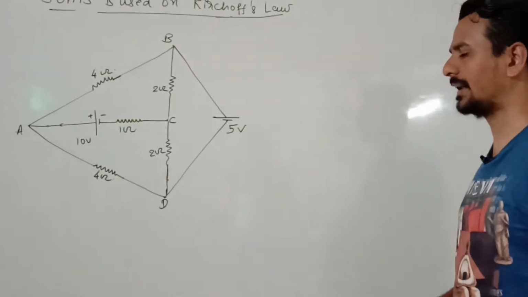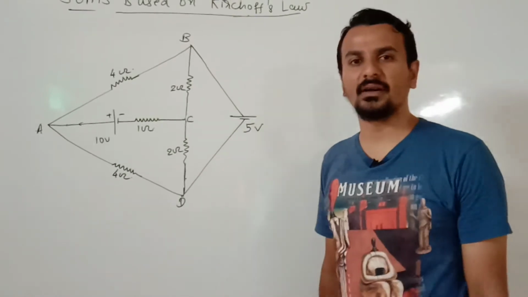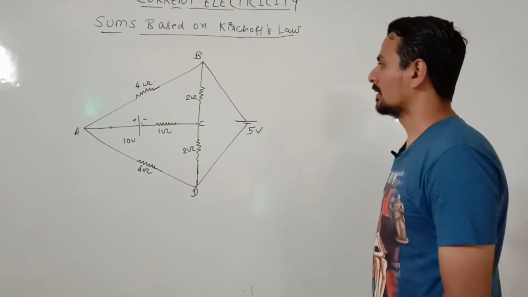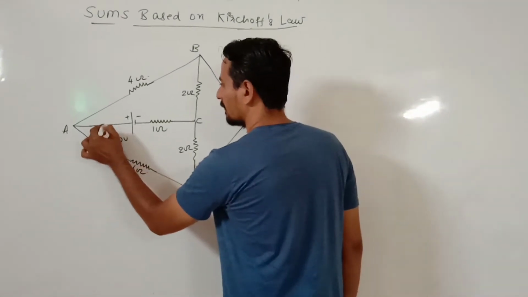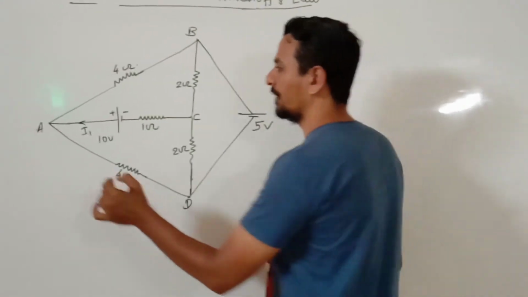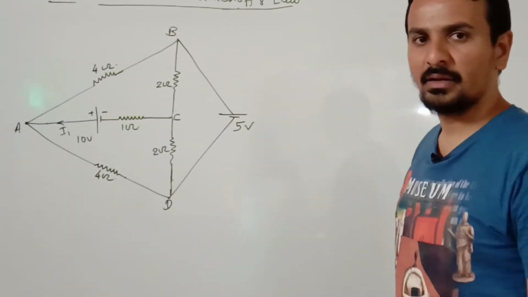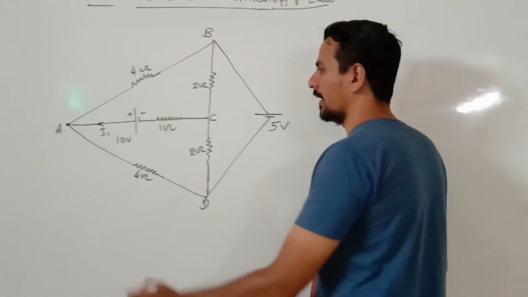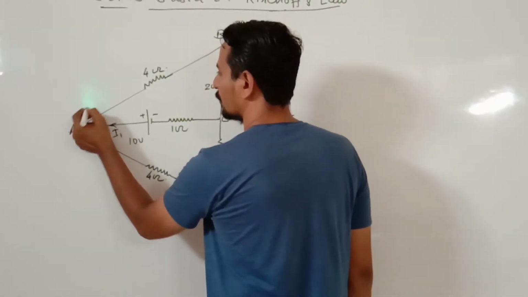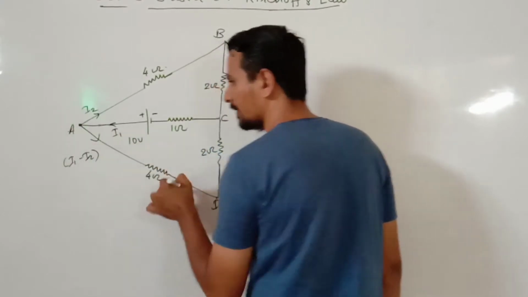There are different methods by which one can solve this circuit, right? But let us start with a very basic method, that is KVL. Say I1 is the current coming out from the 10 volt battery. This point is termed a junction. We have discussed junction, branch point, loop, network, right? So the current gets divided over here. Say I2 current goes in this branch, the remaining I1 minus I2 flows along this branch, right?